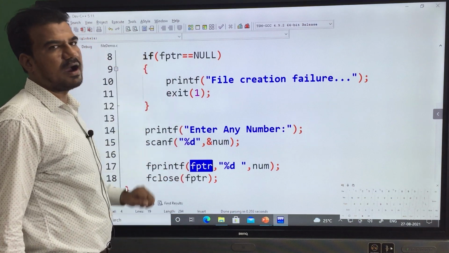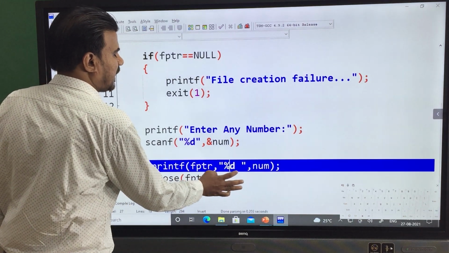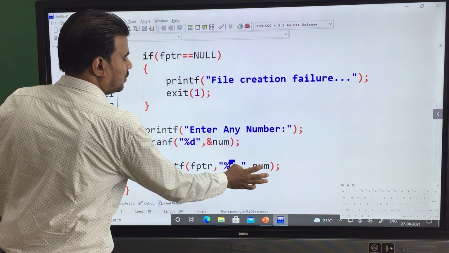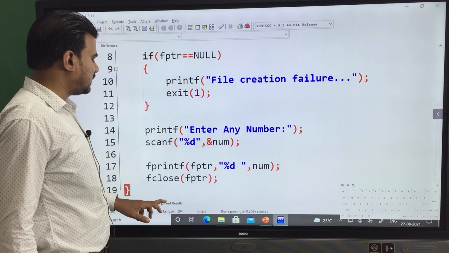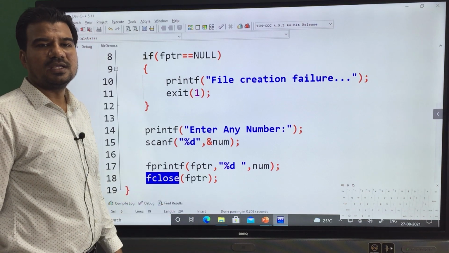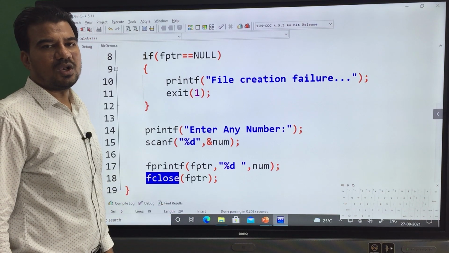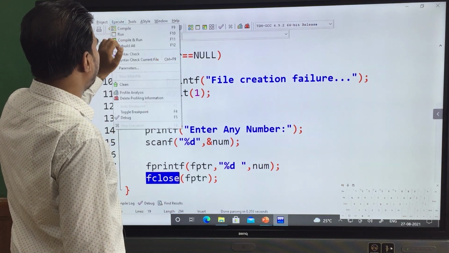FPTR is nothing but our opened or newly created file. So this %d will put the value of num inside the file. Then after performing that write operation, we are closing the stream pointer associated with our program. So now quickly go and compile this program.